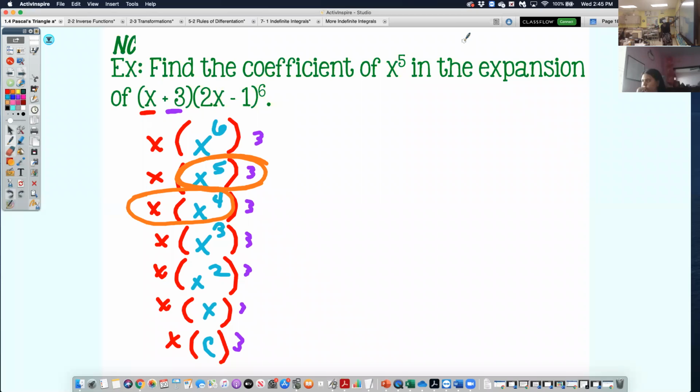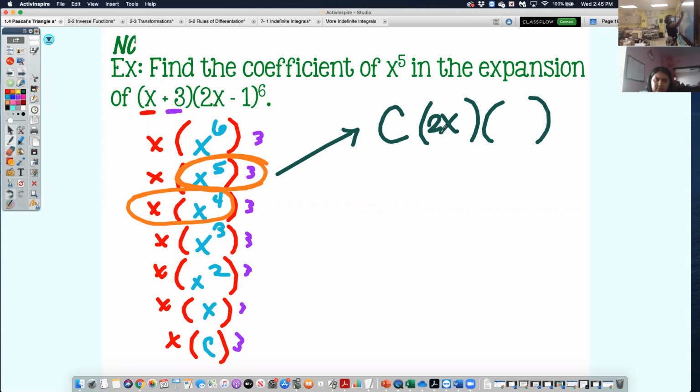So if we're able to recognize which terms or which part of the binomial expansion we need to use, then we'll have what we need. So these are the 2 that I need. I need the one that's going to give me an x to the 5th. So I need the combination that when I do 2x and -1, I need the one that's going to give me an x to the 5th. This one's going to get multiplied by 3, whatever it is. And then I also need